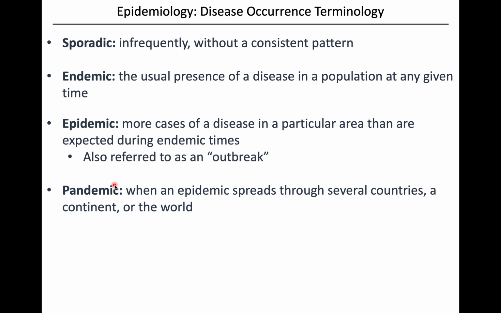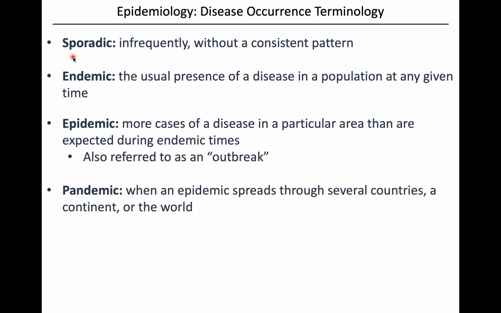So some terminology that epidemiologists would use and would pop up in epidemiological studies. We can talk about disease occurrence being sporadic, endemic, epidemic, or pandemic. So sporadic, of course, means infrequently, so there's no particular pattern to the disease. It pops up here and there